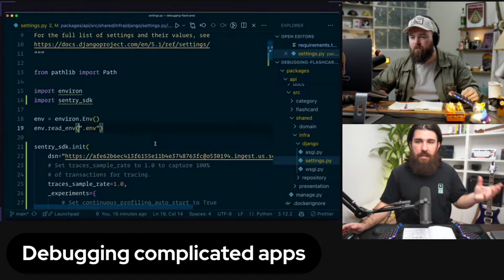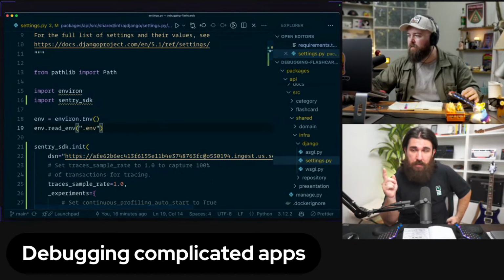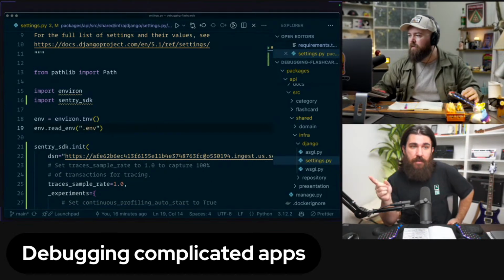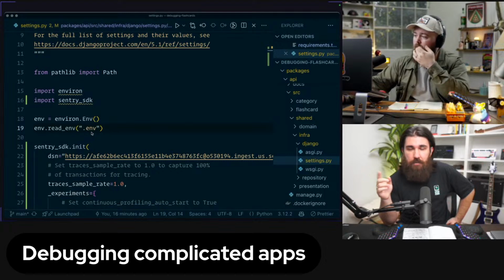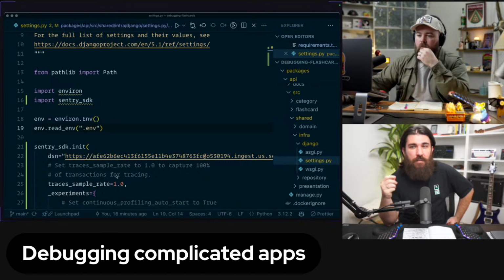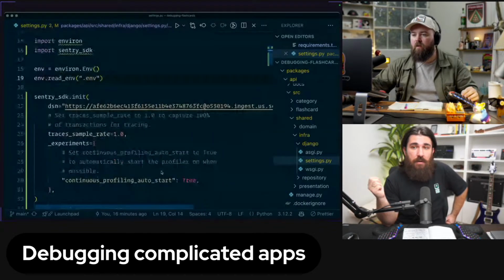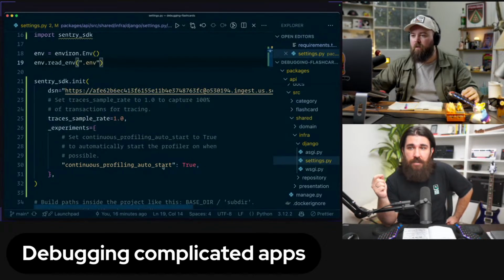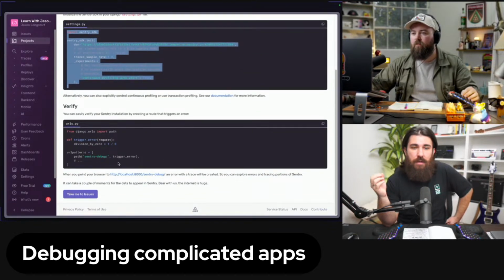So we're initializing the SDK. The DSN basically points to your organization, your project and your Sentry instance, because for those of you who don't know, we are fair source. That means you can grab Sentry's code and put it on your server, and the DSN is not going to go to Sentry.io, it's going to go to your domain. But if you don't want to do that, you can use the Sentry SaaS platform itself, and it's free to get started. There's a free developer account.